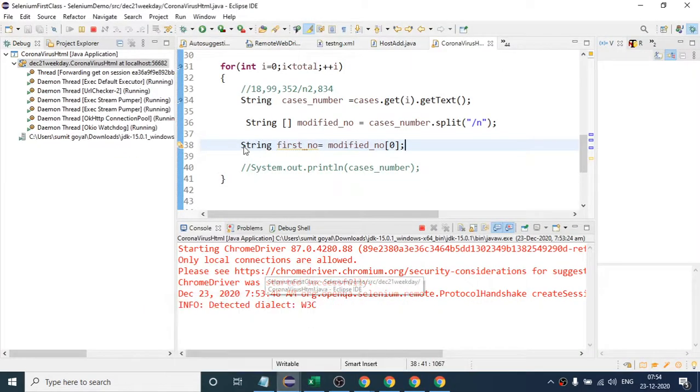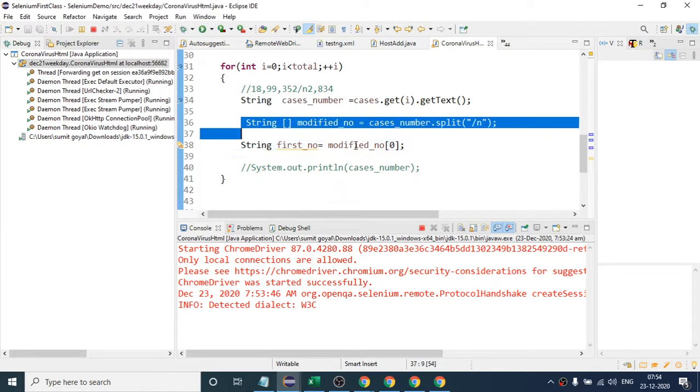Now our code will again stop here. So we will see how this step is working.